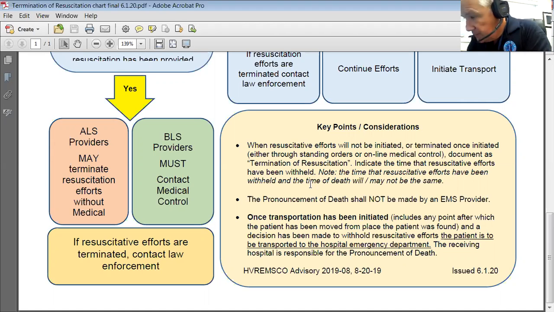Okay. Now, the last thing it says is once transportation has been initiated, you can't stop it. So let's say you started to transport that patient, and they recode or something like that. You can't at that point decide to stop the code. So once you make that decision to transport, you're committed, you're going to go all the way to the hospital with it. The only, I guess,